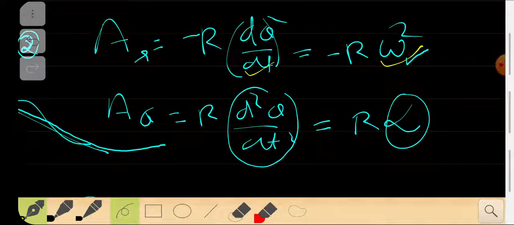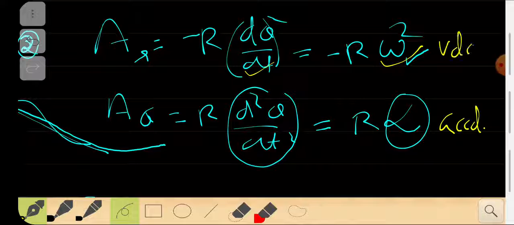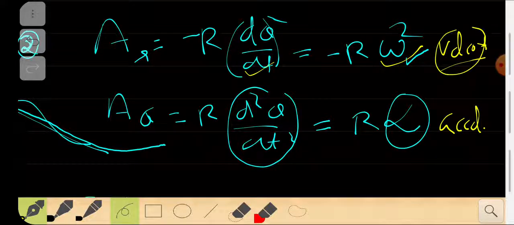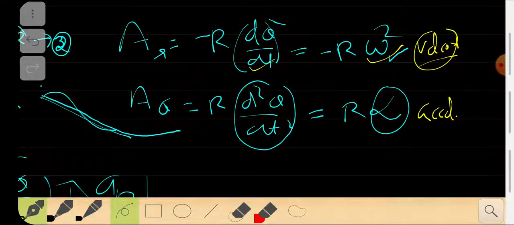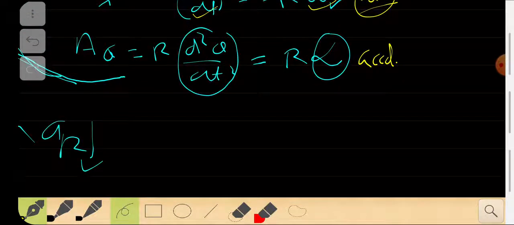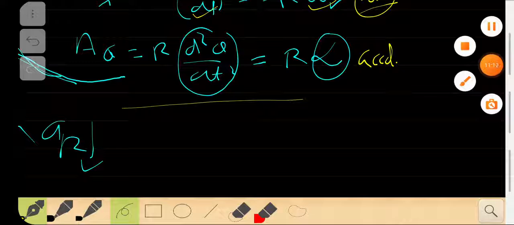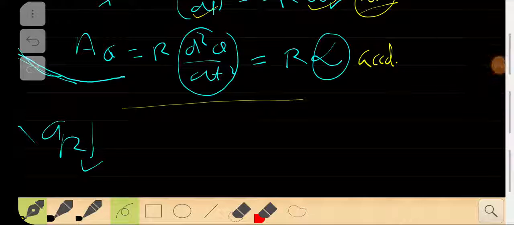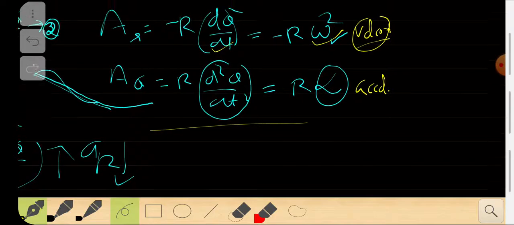So one thing is angular acceleration, this is acceleration, and this was velocity, right? So we have introduced that as well. So that's the whole thing that we have done earlier, and that's the physics behind the derivation of all those things. Right now, I hope you understood what we are doing and what we have achieved so far. So I want to ask you a question.